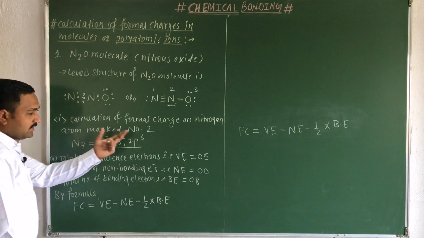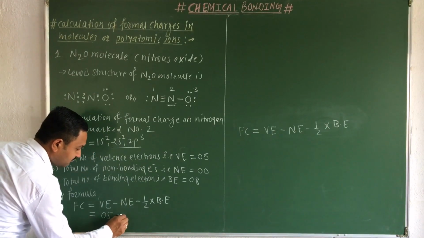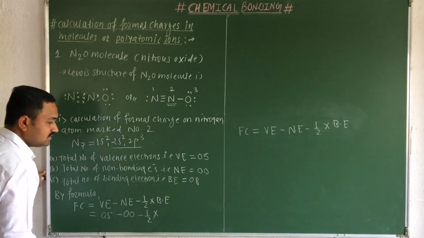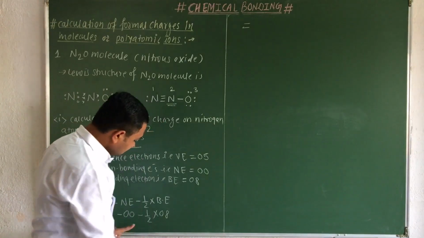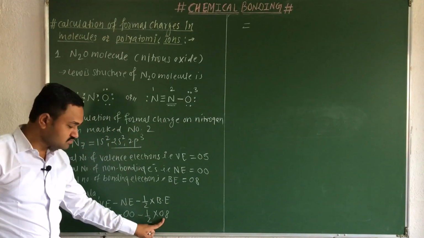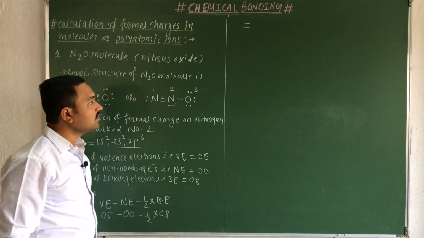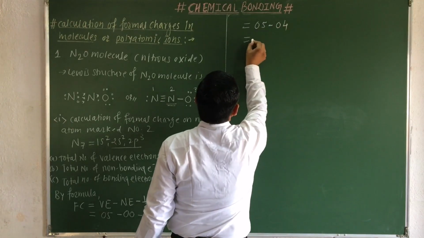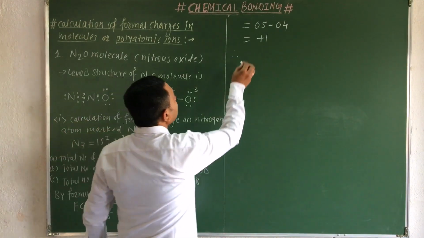Okay, so put the values for this nitrogen atom. Ve is nothing but 5, minus Ne is again 0, minus 1 by 2 into Be, which is nothing but 8. Let us find out the final answer, that is 5 minus 1 by 2 into 8, that means 5 minus 4. As this term is 0, therefore 5 minus 4 equals plus 1. So therefore we can write the charge